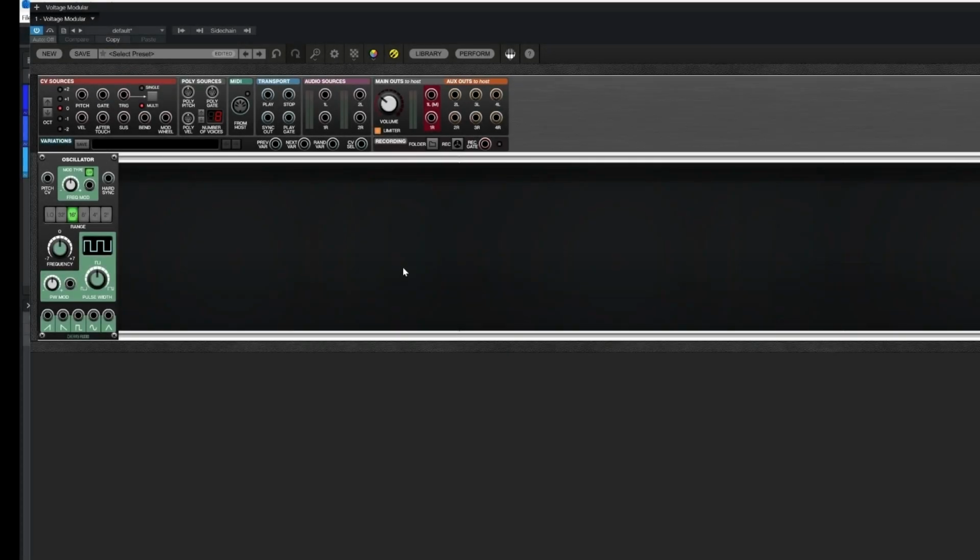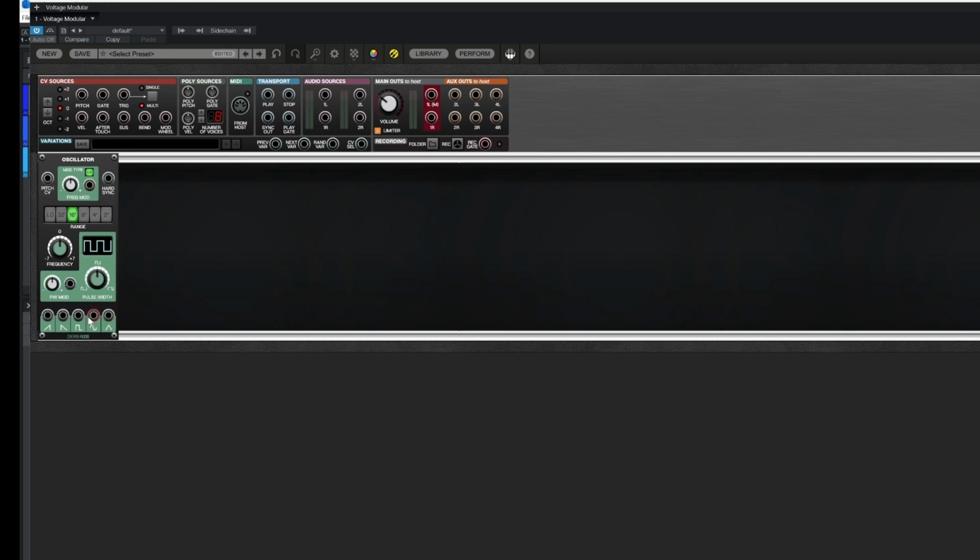Okay, now we have looked at all the basic controls of an oscillator. Now we are going to talk about these mod inputs. Now, the beauty of modular synthesis is that we can kind of remotely control a lot of these features